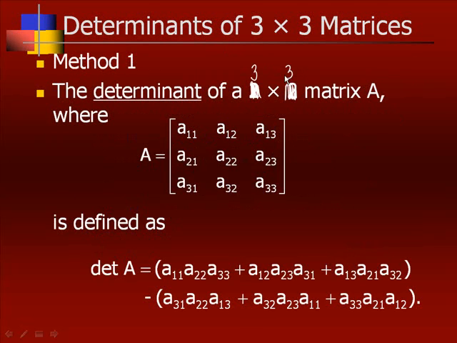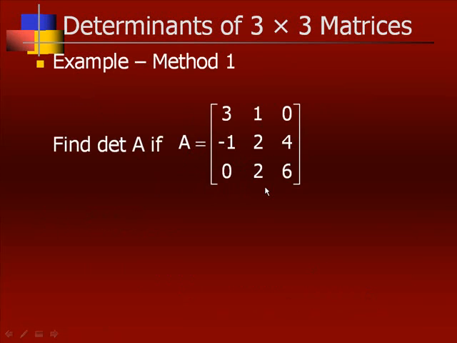Method 1 says the determinant of a 3 by 3 matrix A, where A is listed below, is defined as the determinant of A equals, and I'll let you read that, and I know you're probably thinking there's no way that you're going to memorize that, but if you'll look, A11, A22, A33, that's these right here. And we'll go through in a minute and talk about the easier way to remember this formula. So based on the formula, you rewrite the first 2 columns so that you get 5